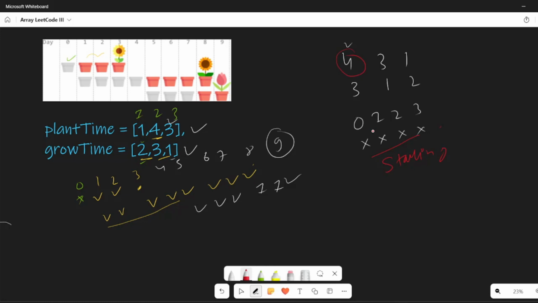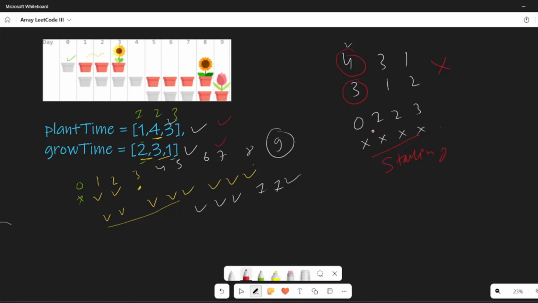But if you sort on a growth time basis, in the growth time phase you can plant the seed also. So in that way you can utilize more. So this is not the correct way to do it. Okay, hope you're getting it. You might have thought, let's sort on plant time rather than growth time. But on plant time you cannot plant any seed during that period,